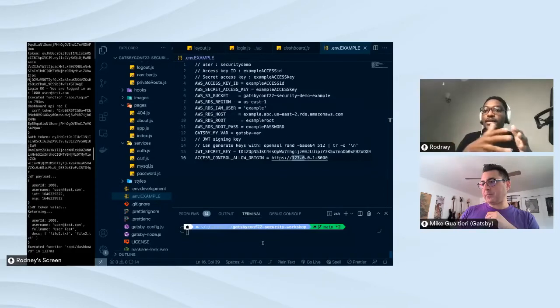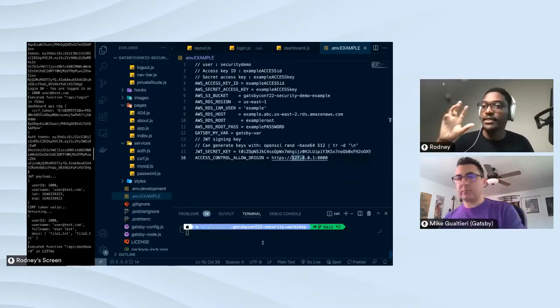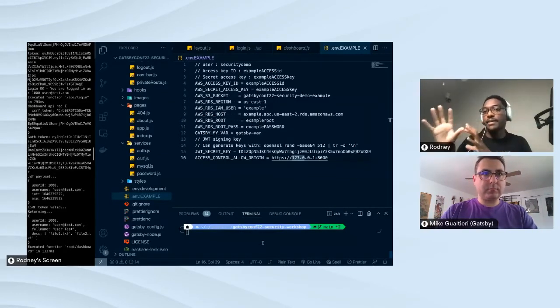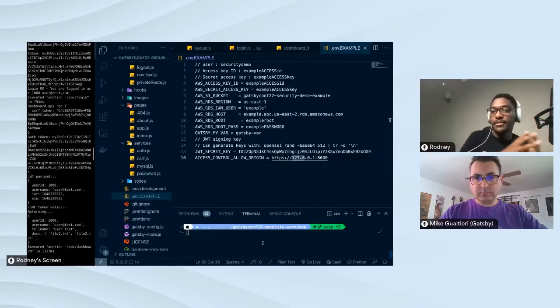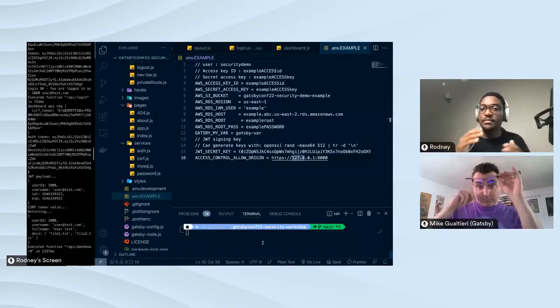So maybe for your local dev environment, you may have a dummy set of data in a database somewhere so that it doesn't actually mess with your actual users. So you may need to have an access key or an ID or a password for that instance, or even a host that directs the application to that specific instance. And so this would be a good use case for an environment variable: these are values that within a specific environment we want to inject within our program,